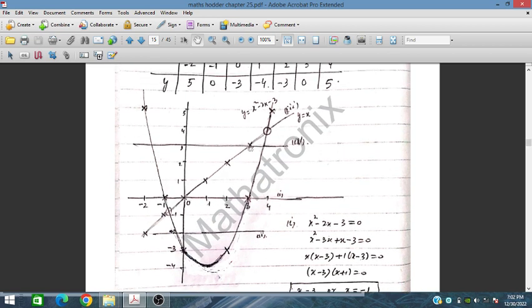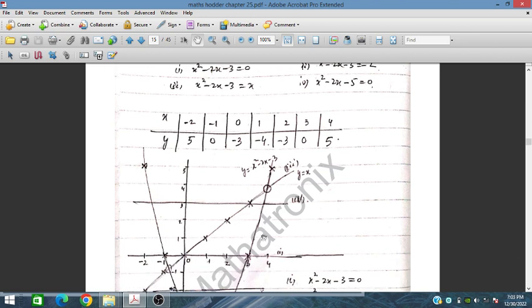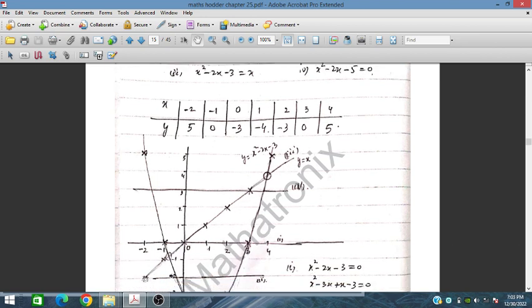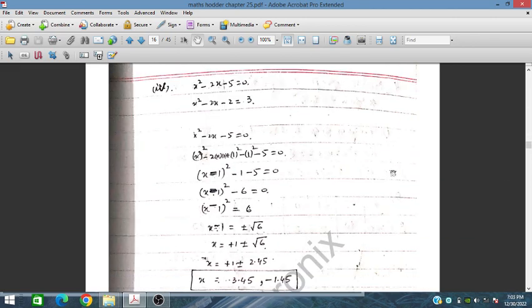Let's go to the third part, where we have this equal to y. Basically this equation is equal to y, so y is equal to x. So y is equal to x is this straight line passing through the origin, intersecting here and here. So we have to solve this part 3. In this part 3, x square minus 2x minus 3 is equal to